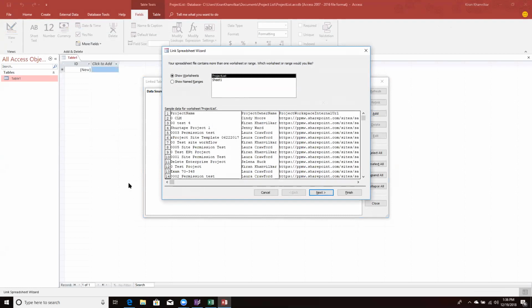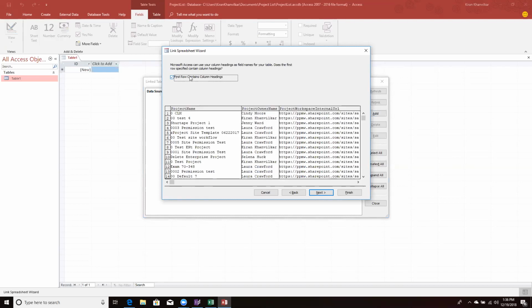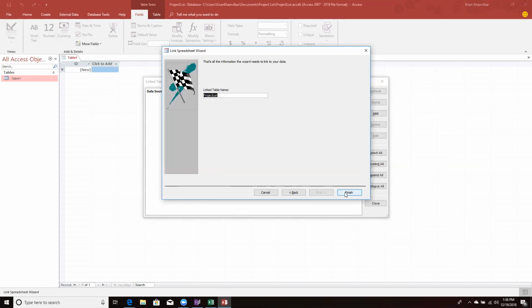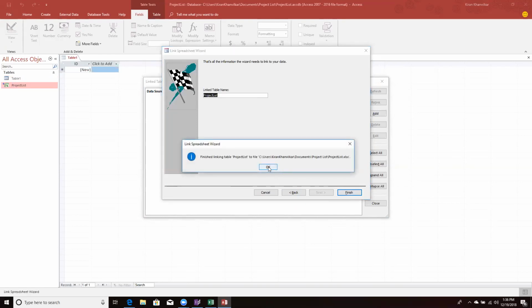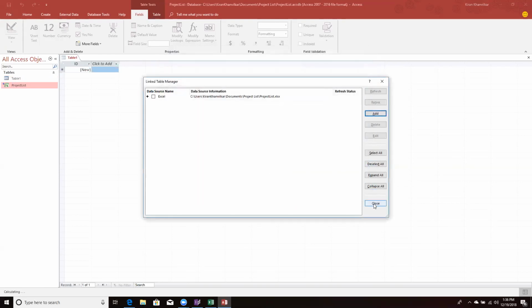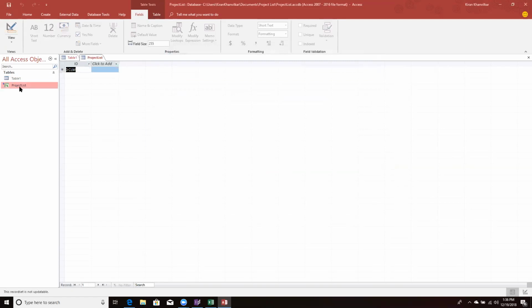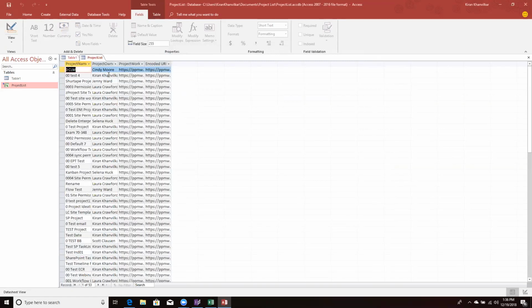And it will give me the link spreadsheet wizard where I need to click on next. The first row contains the column headings. Yes, it contains the column headings. Click on next. Click on finish, close. So you can see here we have the project list populated in Microsoft Access,